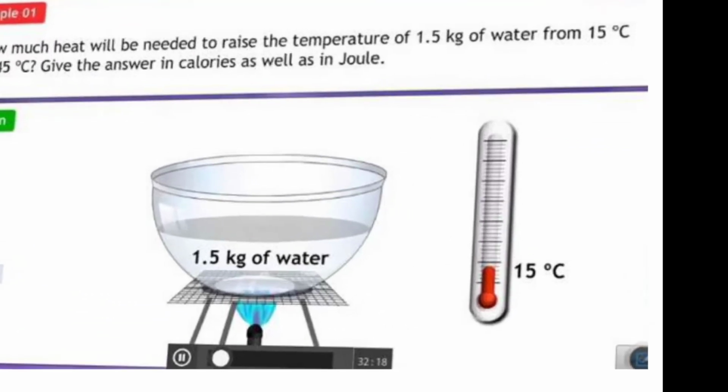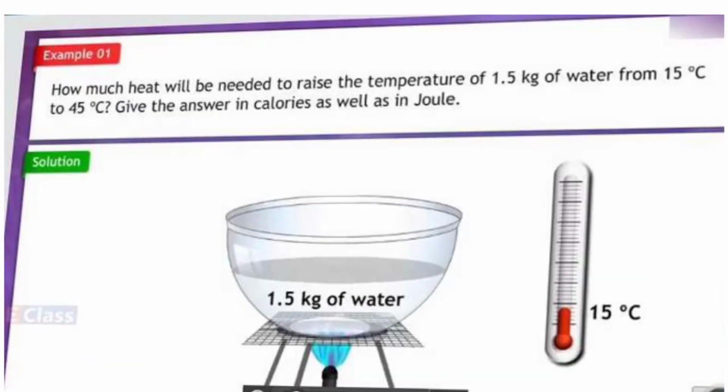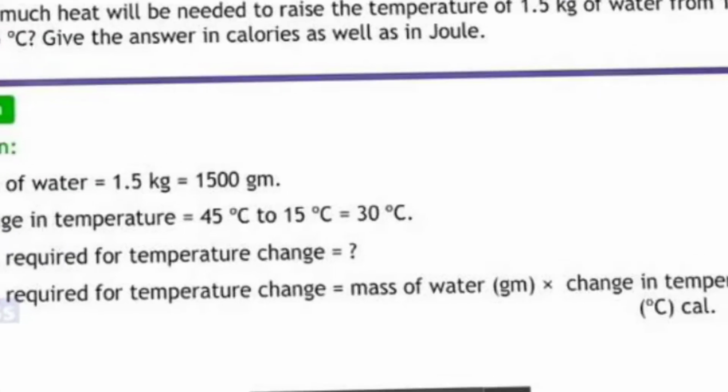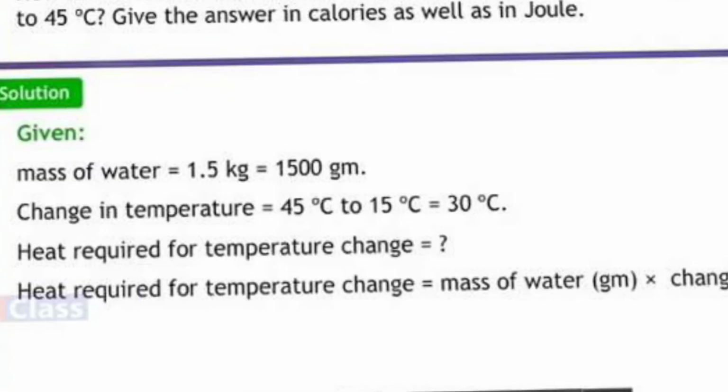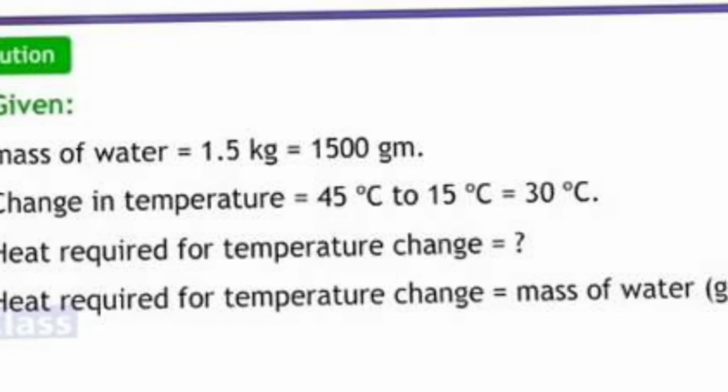So is it clear? See, this is 1.5 liter of water which I have taken. Okay, एक बोल में लिया है और गैस ऑन किया है. Now the present temperature is 15 डिग्री सेल्सियस. ठंडा पानी है लेकिन मेरे को नॉर्मल नहाने जैसा पानी करना है. So say for example 45 degree. So the mass of water is 1500 grams.